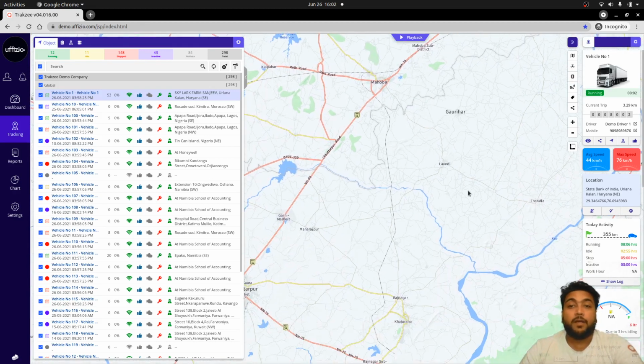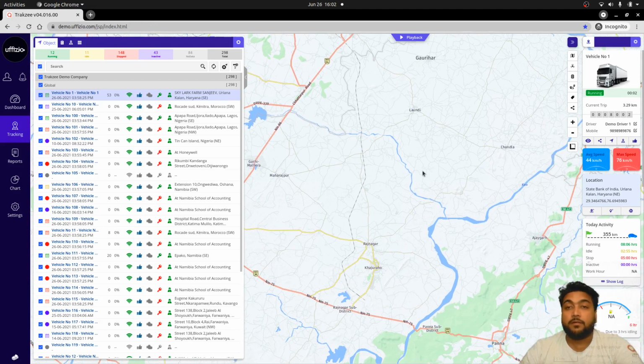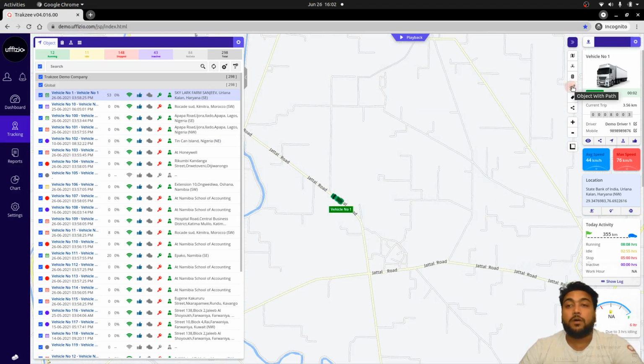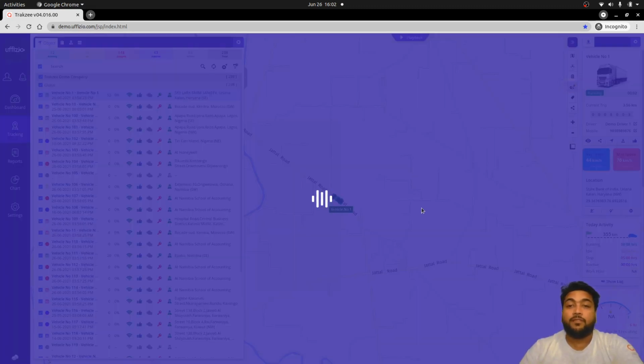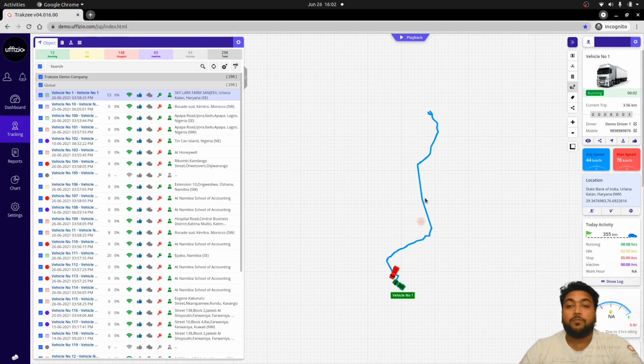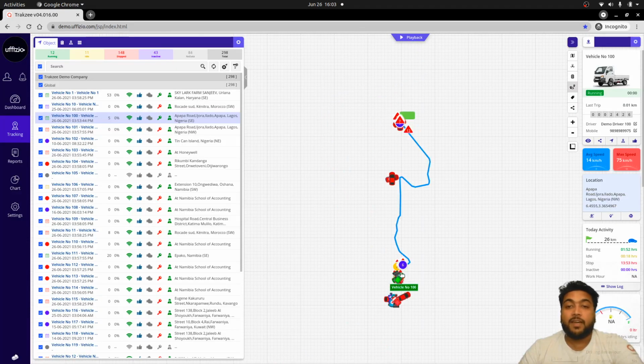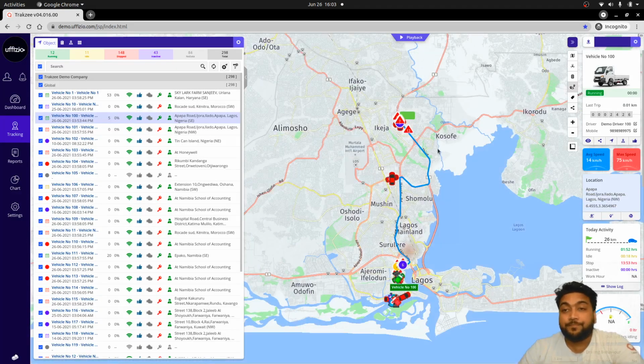Now apart from that, if you want to view the current date path, that is playback path, that is possible with using the object with path option. That is based on the selection of the object. When you click on the object with path option, then the system will show the path of current date with its idling as well as stop information with the number of alerts that will be generated. So likewise, if you want to view the path for other objects, that can be viewed as well.